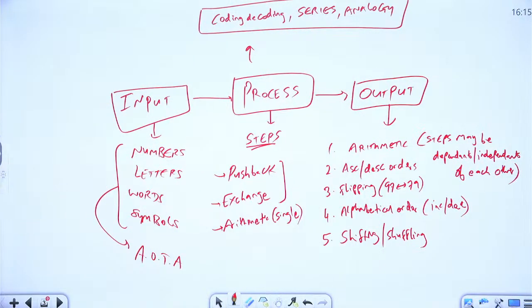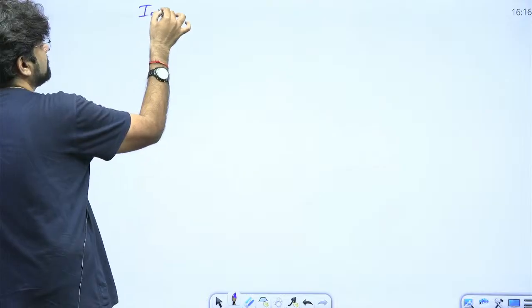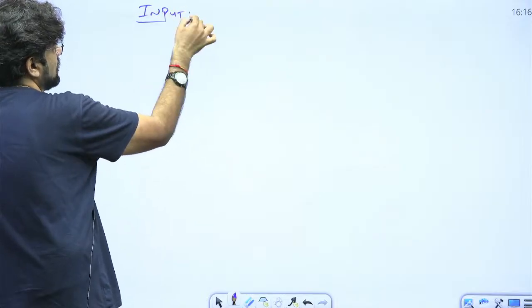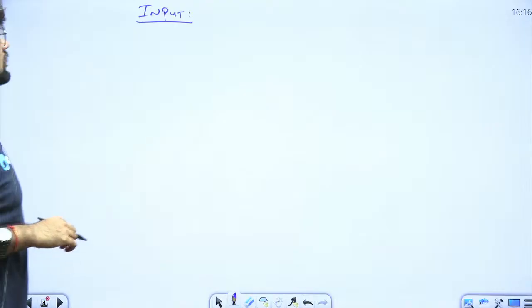Okay, so I'll show you one example. Suppose I have something like this. I have an input with me and I'll give you a combination of some